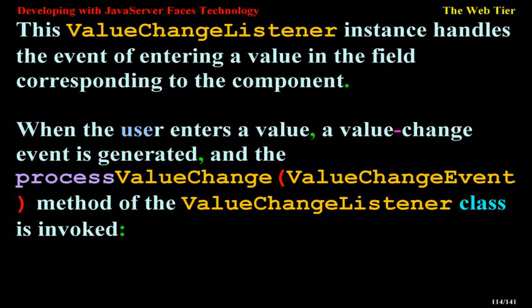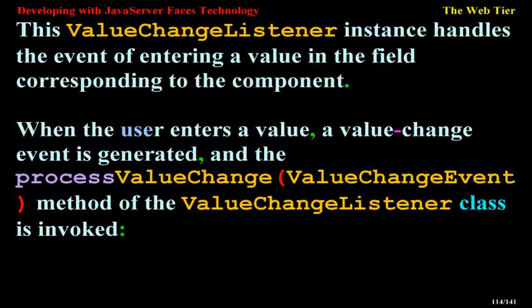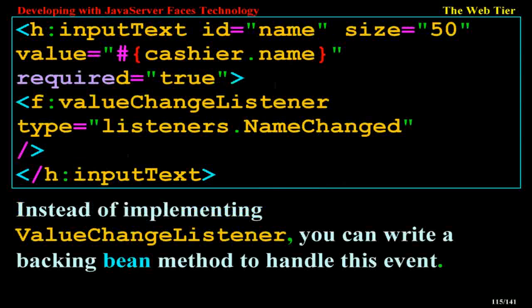When the user enters a value, a value-change event is generated, and the processValueChange event method of the ValueChangeListener class is invoked. <h:inputText id="name" size="50" value="#{cashier.name}" required="true"> <f:valueChangeListener type="listeners.NameChanged" /> </h:inputText>